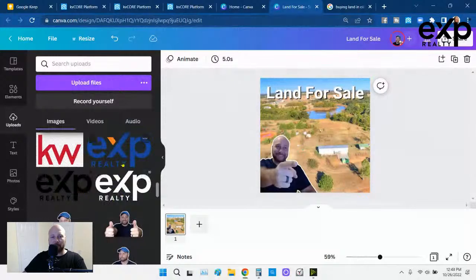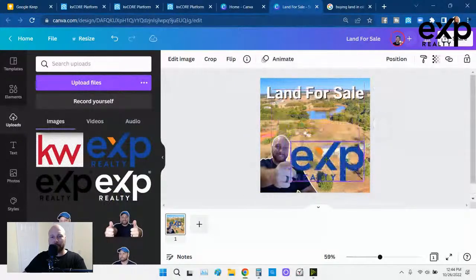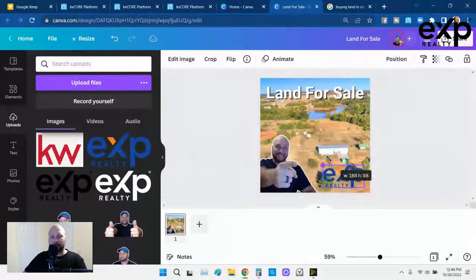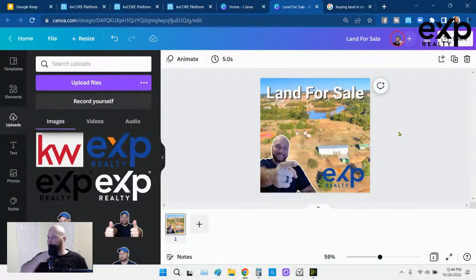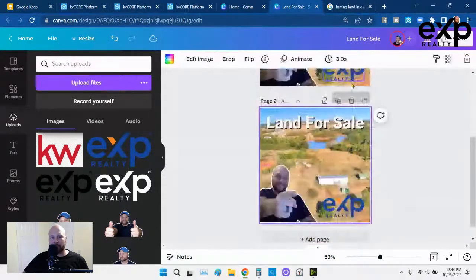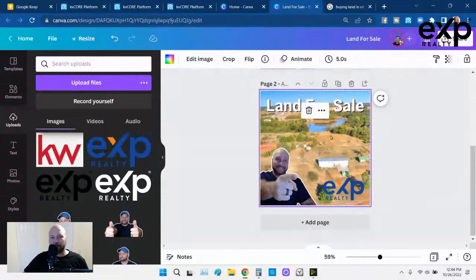So now let's stick over the company's branding, because you've got to be compliant. You always want to be compliant. Put the company's branding in there. And yeah, that's pretty straightforward, right, guys? So now all I've got to do to mimic this is, I want to see this button right here, duplicate page. All I do is click duplicate page. See? And now I have page 2 already set up.